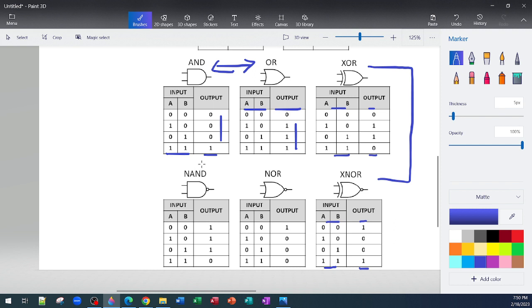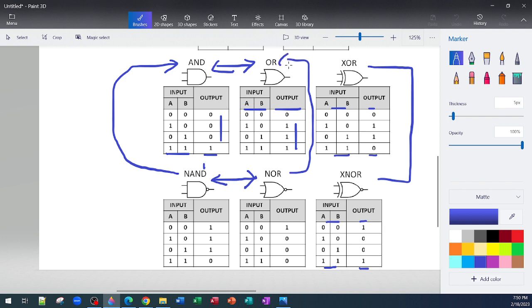And then the NAND and the NOR are going to be the opposite of each other also. The NAND is also technically the opposite of AND. Because if you notice the pattern, the NAND is the opposite of AND. So 1 and 1, instead of it giving you a 1, it gives you a 0, and anything else is a 1. The NOR is also